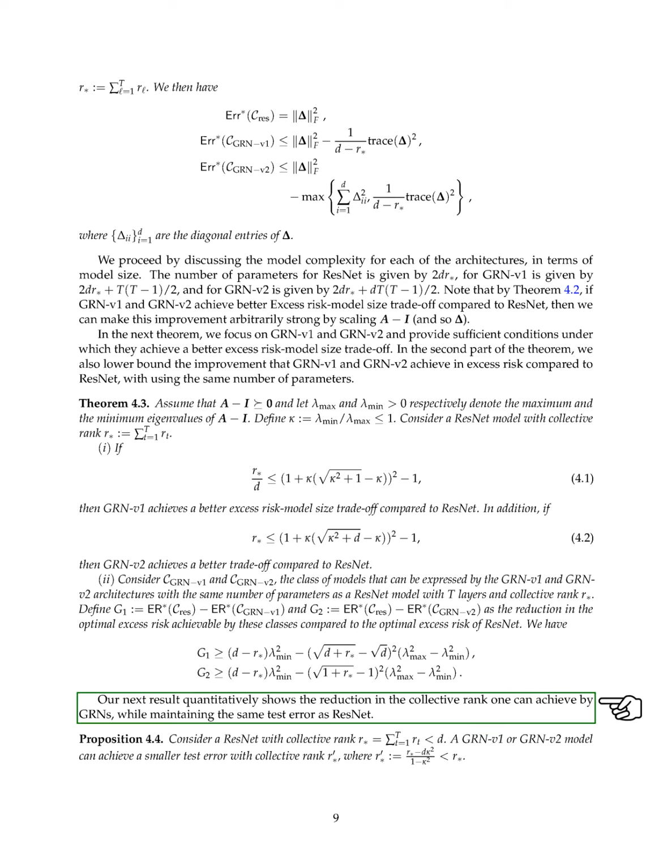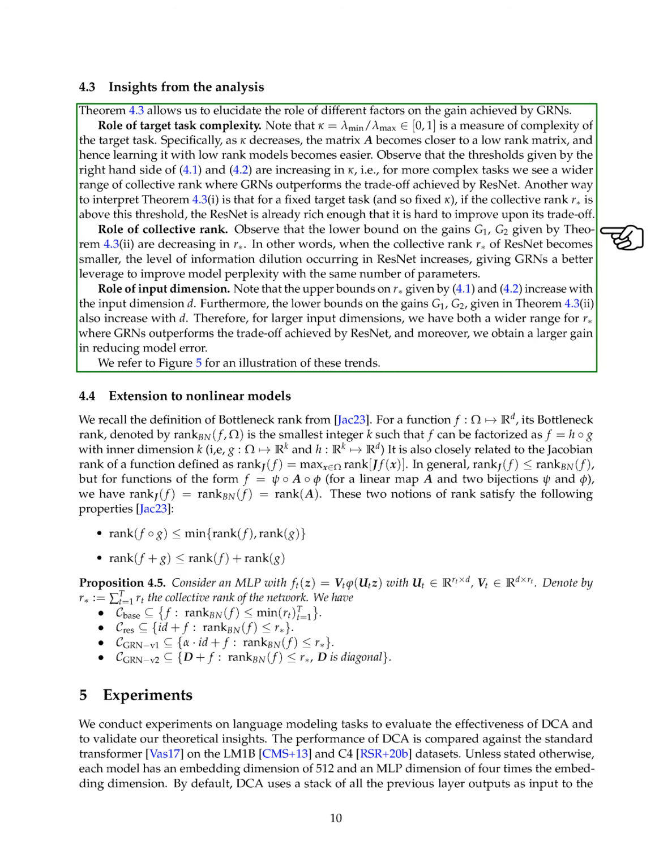Section: Insights from the analysis. In this section, we analyze the insights gained from our findings. The theorem helps us understand how various factors influence the performance of generative recurrent networks, GRNs. First, we consider the complexity of the target task, represented by a value we call kappa, which ranges from 0 to 1. As kappa decreases, the associated matrix becomes more like a low-rank matrix, making it easier for low-rank models